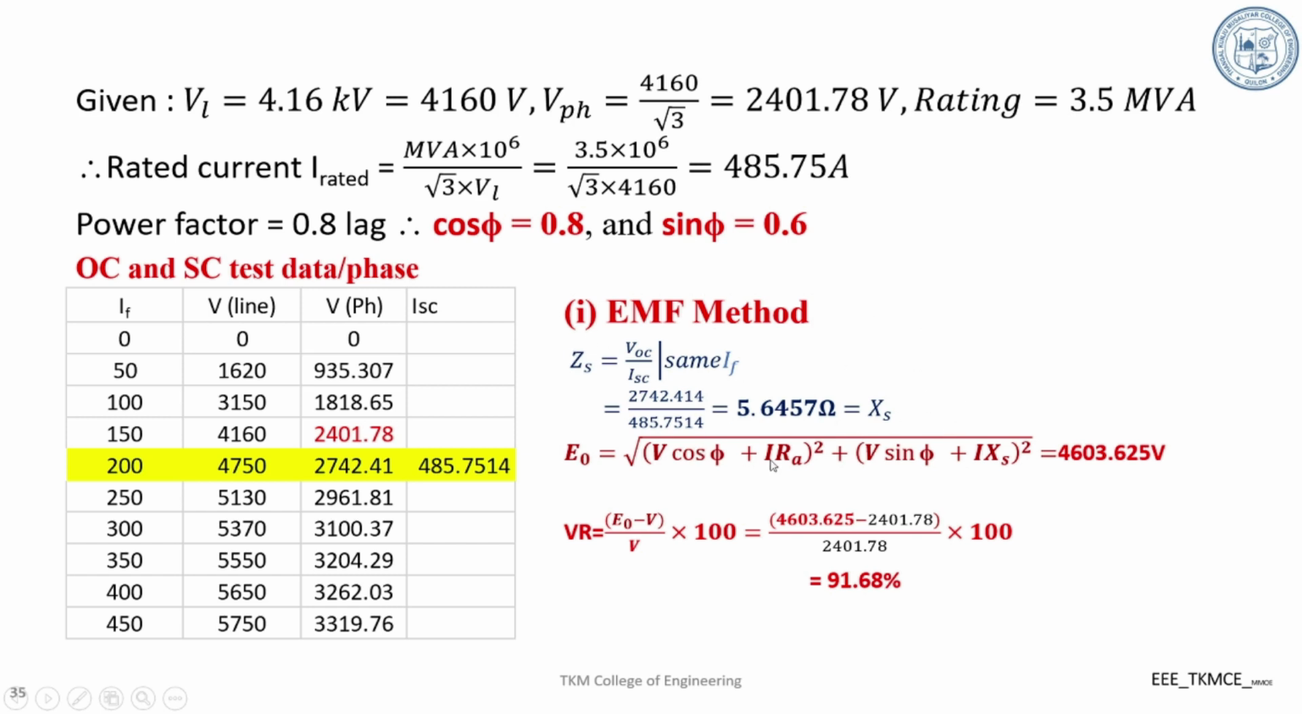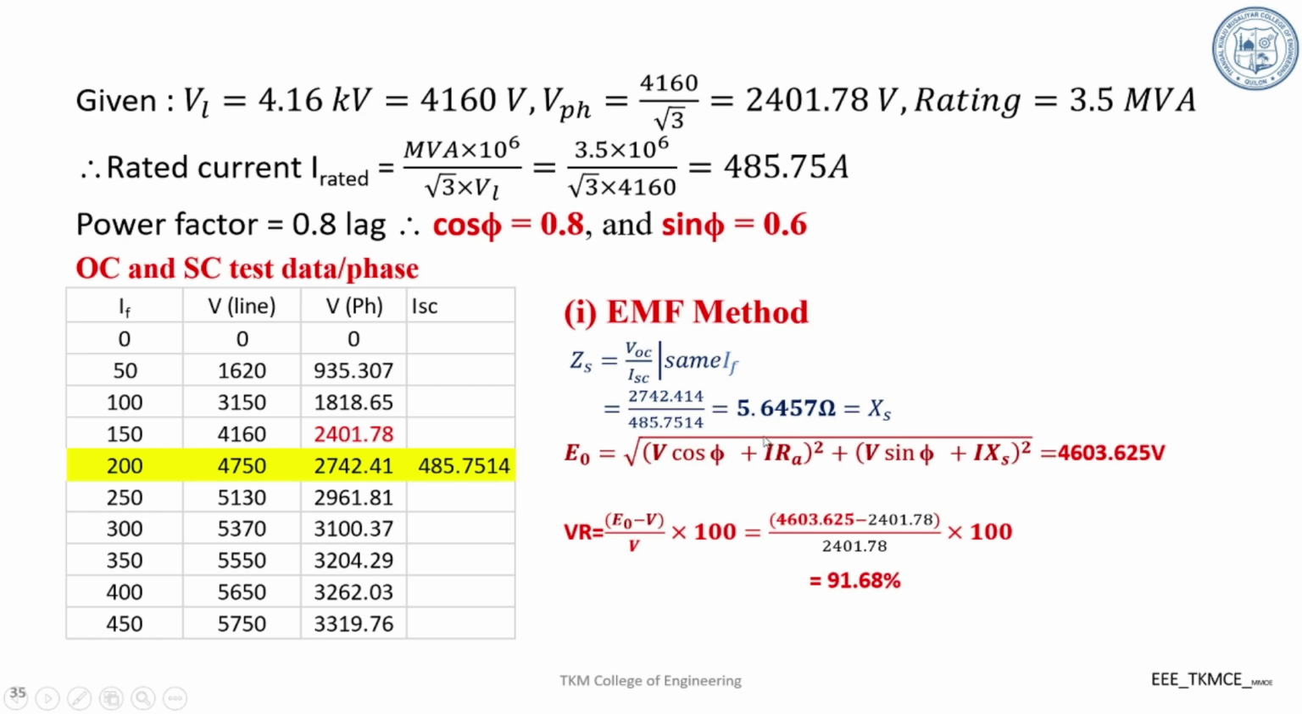Substituting all the values in the expression for finding out no load induced EMF, E0 is obtained as 4603.625 volt. Substituting E0 and V in the expression for voltage regulation, corresponding to 0.8 power factor lagging, it is obtained as